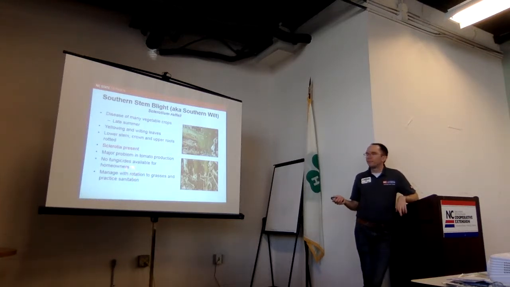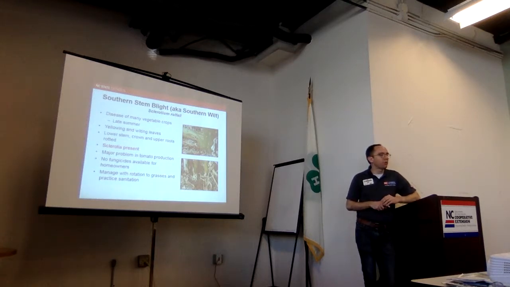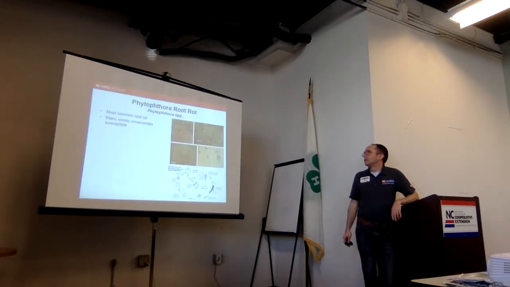And there's no fungicides available for homeowners, probably thankfully, to manage this. So it's a matter of rotating out of that soil for 3 or 4 years. The sclerotia, while durable, don't last forever. So if you plant something like a grass in that area, hopefully a native ornamental grass, not turf, then the problem won't go away over